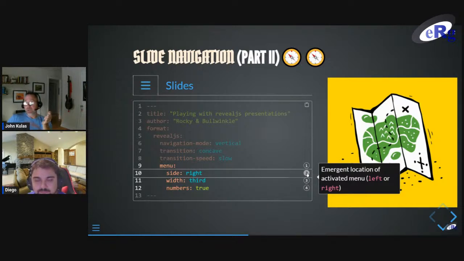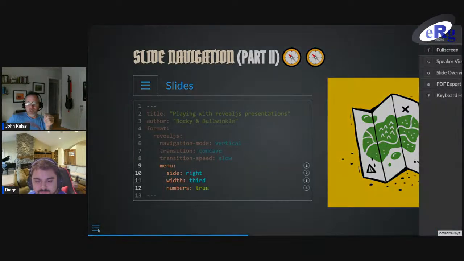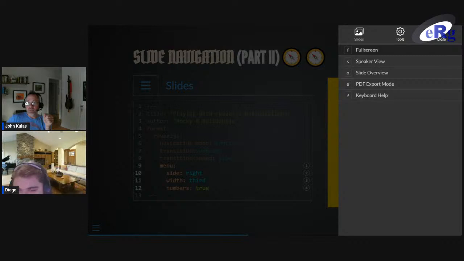You can go left or right with the emergence. The default is left, so normally it comes out from the left when you activate those three horizontal lines. And then the width, they have a few different options built in. This isn't something I can really foresee changing all that much, with the one exception being, I guess, if your slide titles are super long, you might want to